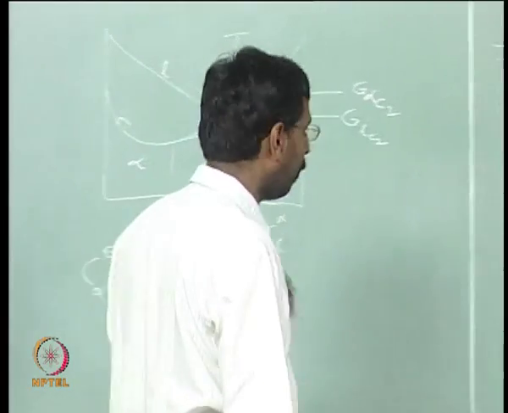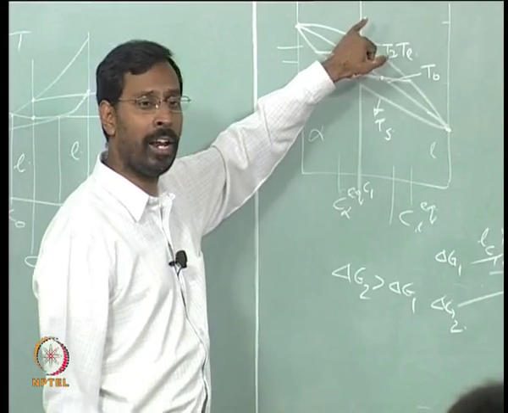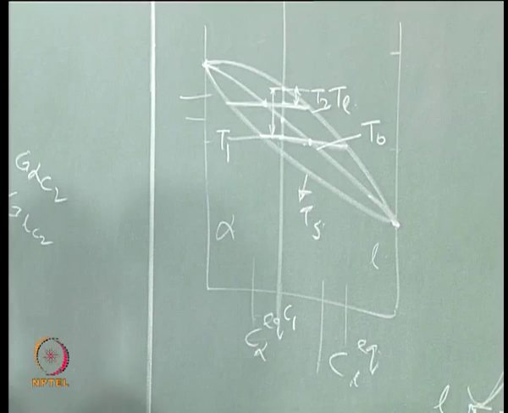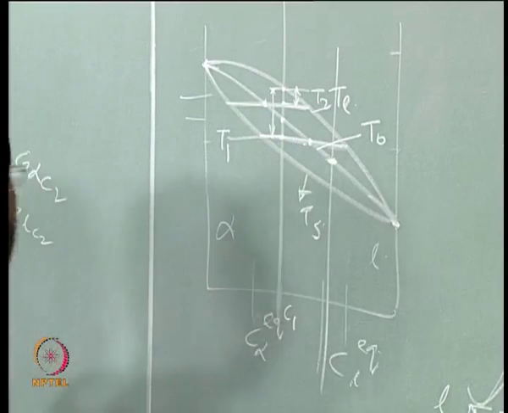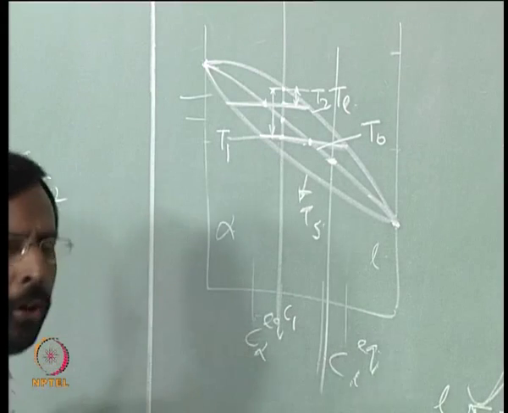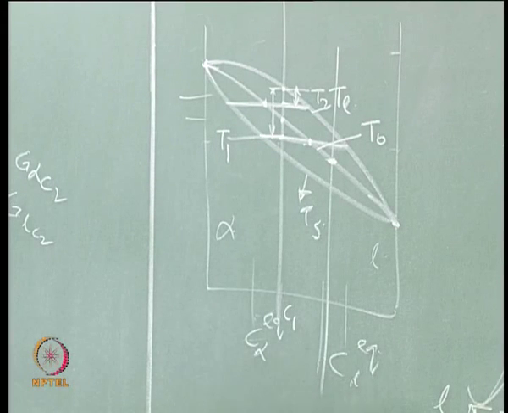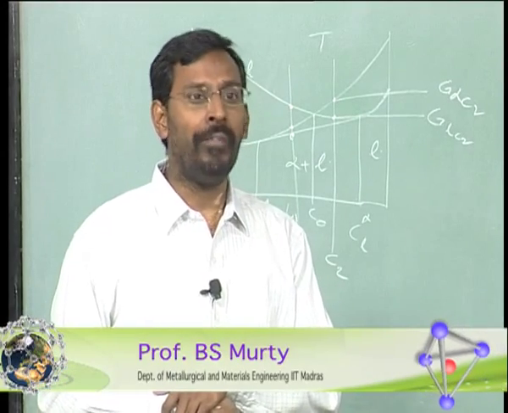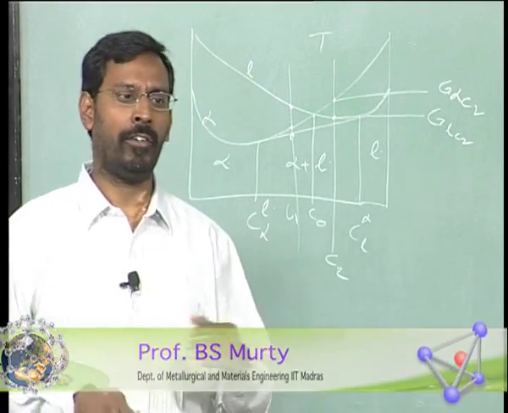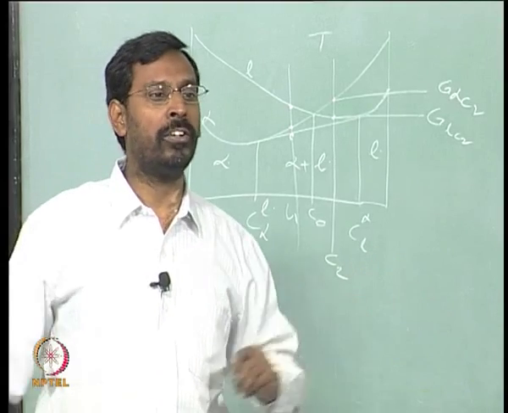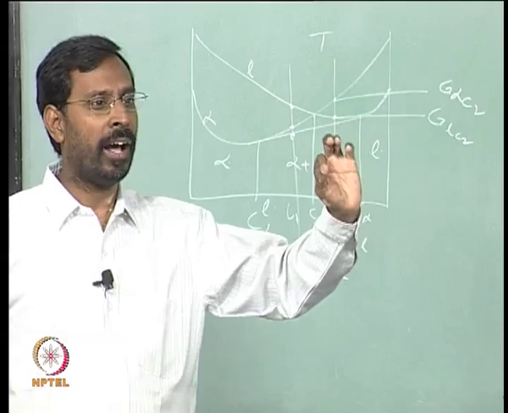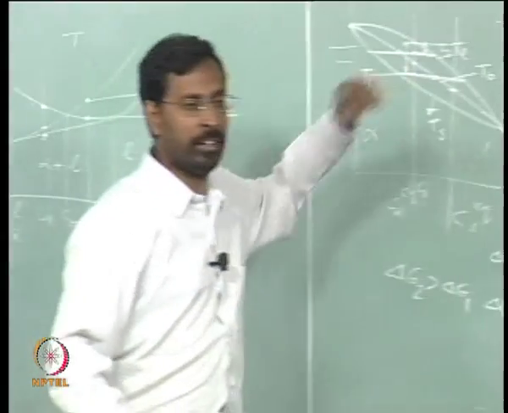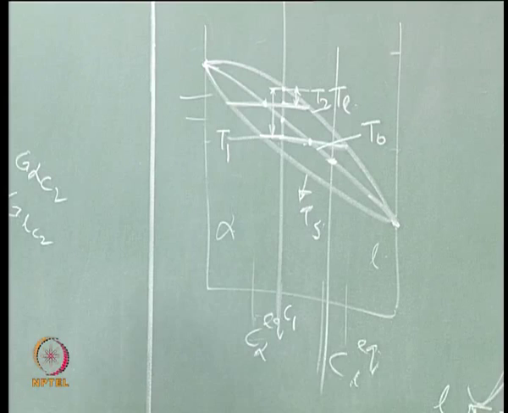So, effectively I am saying that if I can bring an alloy below the T naught curve, for any alloy composition there is a T naught point. If I take this alloy, for this alloy this is the T naught. If I can undercool my liquid below the T naught, then there is a possibility for partitionless solidification. If I cannot undercool my liquid below T naught for whatever reason, then in all those droplet emulsions, wherever the droplet has undercooled below the T naught, you would see a spontaneous nucleation everywhere.